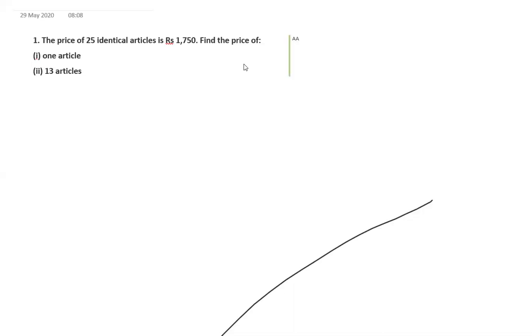Okay, fine. So the first question says that the price of 25 identical articles is 1,750 rupees. So the price of 25 articles is given. Okay, now let us start the question. Price of 25 articles is equal to